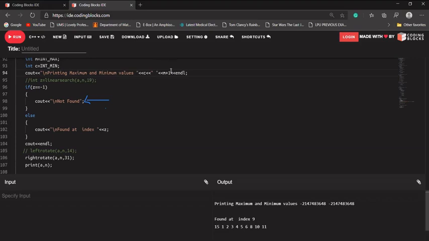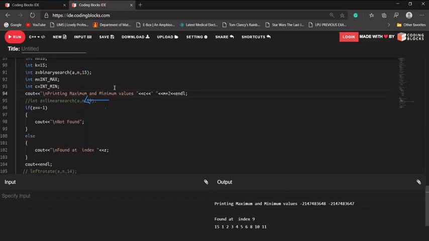Suppose let's add 2 here. It will be minus ...47 again, because after the maximum positive value 2147483647, it cannot add anything.